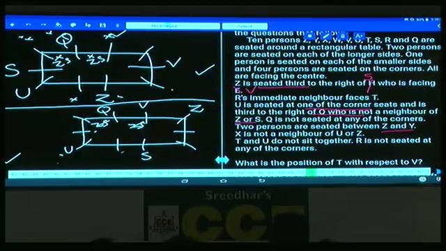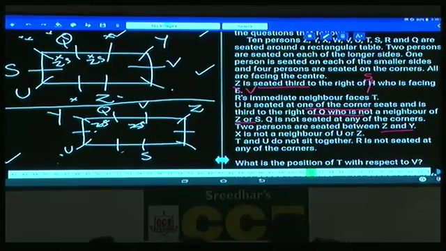Z is here. Left hand side in this case is not possible, hence right hand side, Z and Y, two people. Now two people between Z and Y. Now in this case, Y and S must be on the same place, hence Y must be here. Are you following this one or not? Two people in between Z and Y.